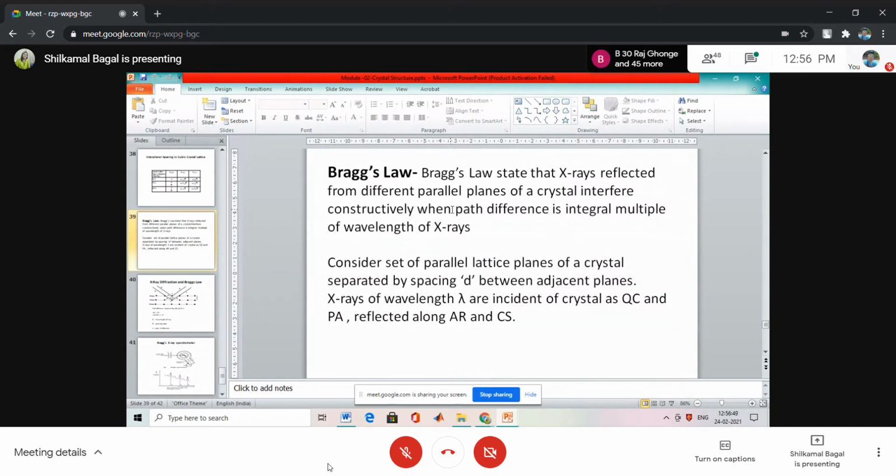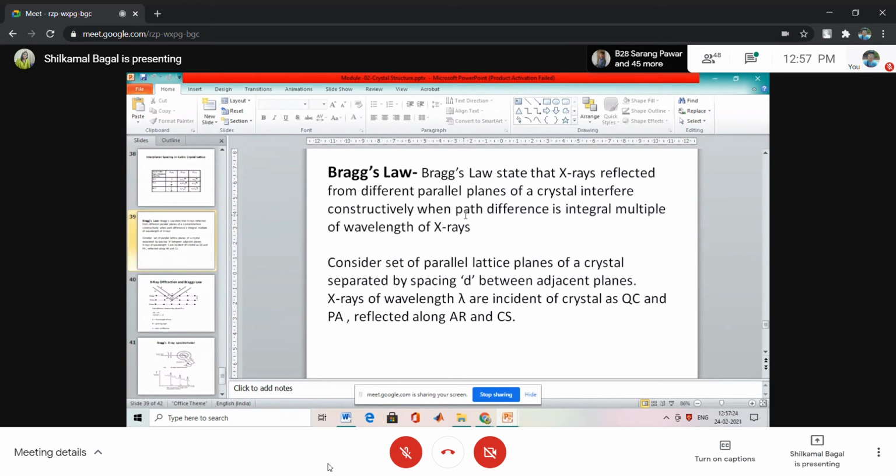Why not ordinary light? Because for the diffraction of any waves, the dimensions of the diffracting obstacle should be comparable with the incident wavelength. And we know that crystal atoms are very small, in the range of few angstrom only. So to study the crystal structure by the phenomena of light like interference and diffraction, we should have waves having that much small dimensions, and that is not satisfied by ordinary light.